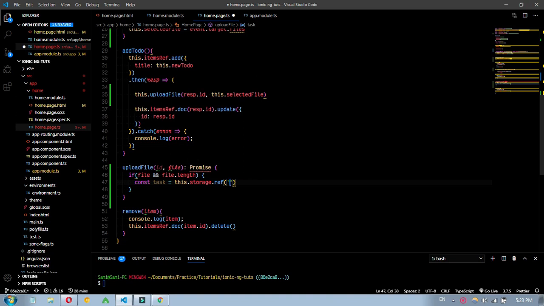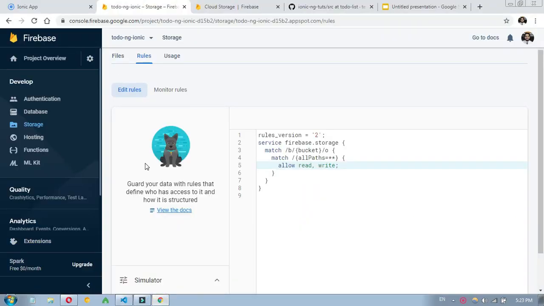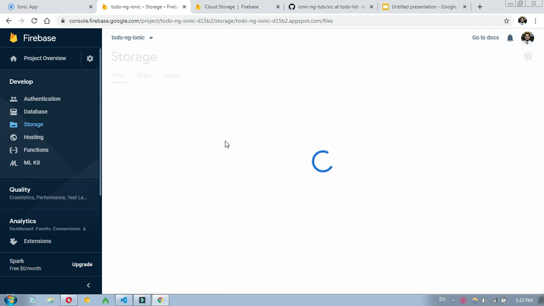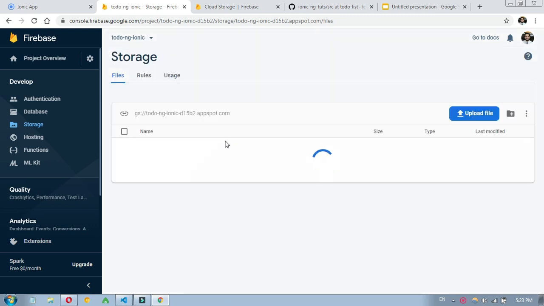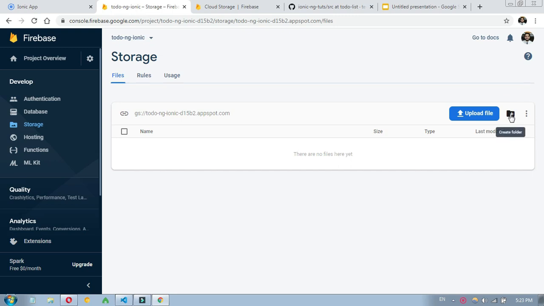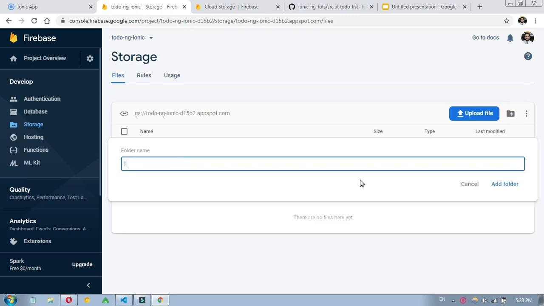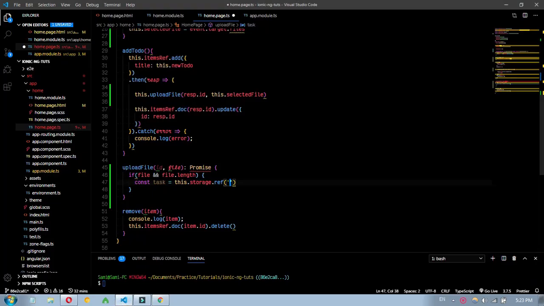Firebase by default stores all the files in the root directory. In our case, it will be the bucket. And for the organization, I think it's better to store it in a folder. Let's call it images. So this would be the reference here. So if I call it reference images,